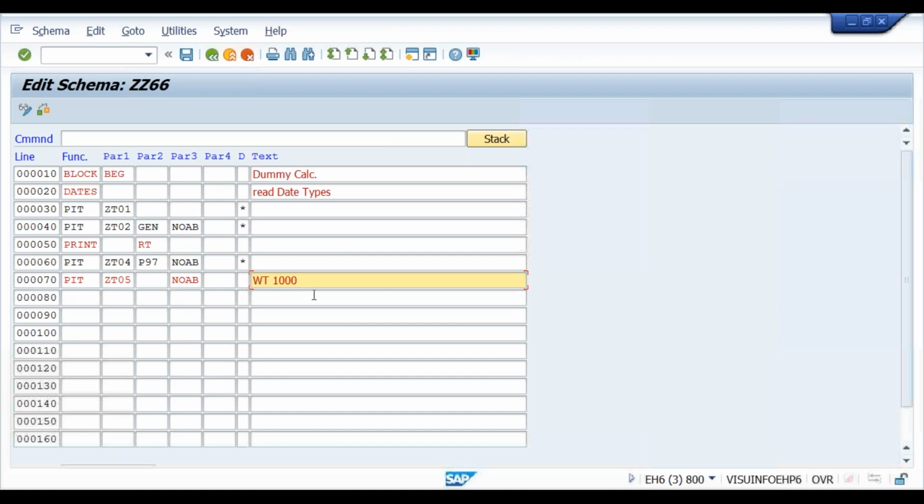Now client say this PCR or this wage type has to be generated only until May 2017. Effective from May 2017 or effective from June 2017, this wage type should not be generated, or technically this PCR should not be executed.